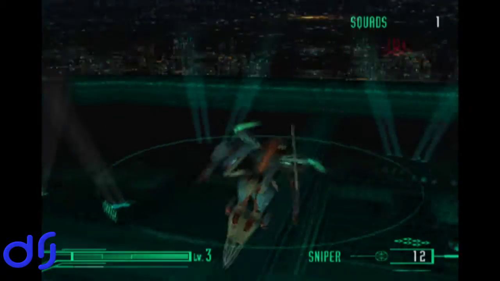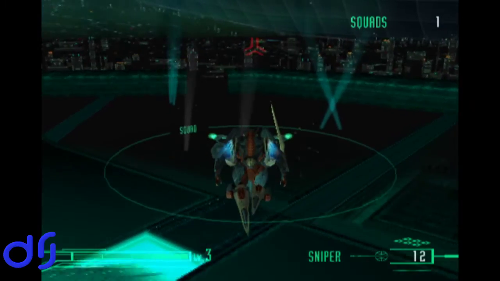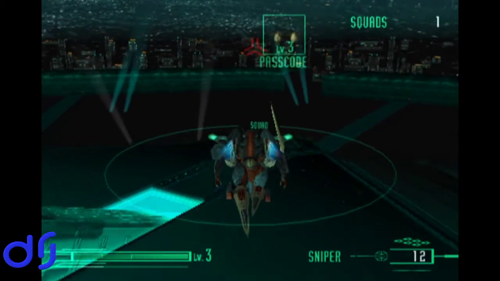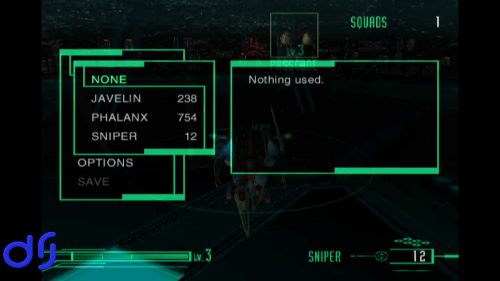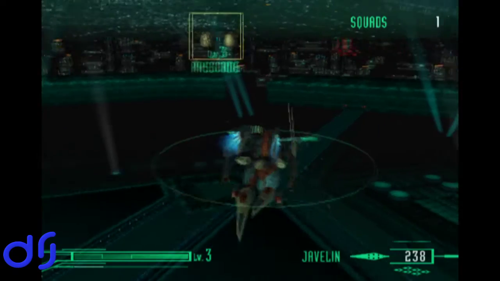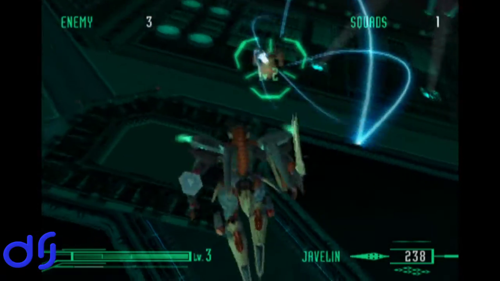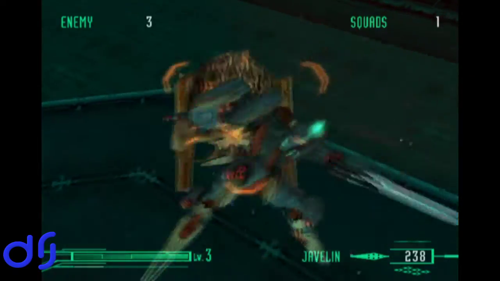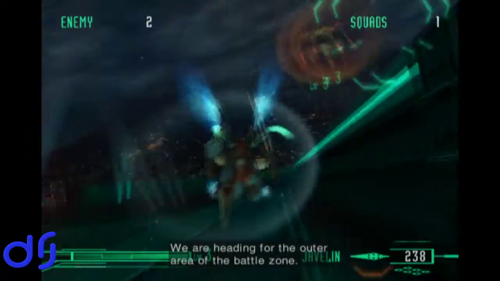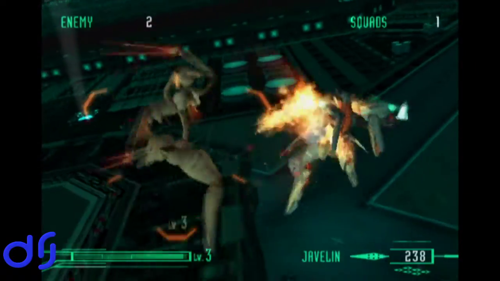Okay, so the sequence of going from area to area to area to be able to proceed to bring down the microwave field continues, but these guys have a passcode, so let's go take care of them. I'll switch back to the javelin, though I don't really make too much use of the sub-weapons in general. Okay, let's... I kind of want to...